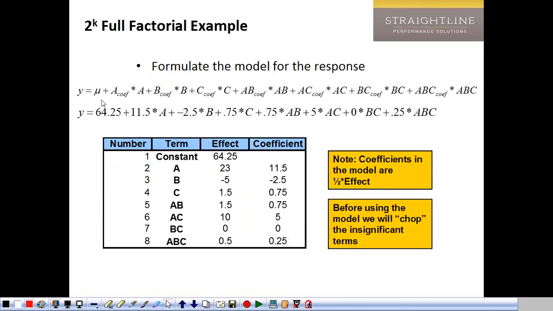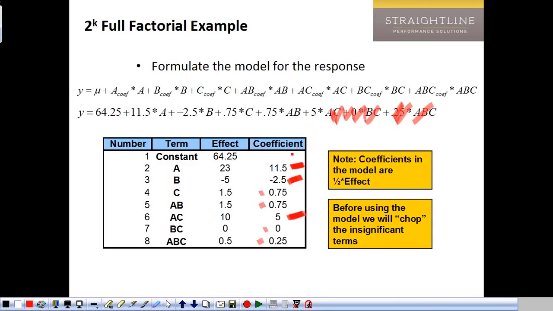To do that, we come up with a huge equation, right? This is only 3 variables, and by looking at these coefficients and which ones are the big ones and which ones are the small ones, essentially we're going to say which ones are going to be crossed out of the model and which not. We can say, for example, this is a big factor, this is a big factor, this is pretty big, and all the rest are pretty small. That's pretty small, that's pretty small, that's very small, that's pretty small. So let's see, ABC would go out, BC is going to go out,